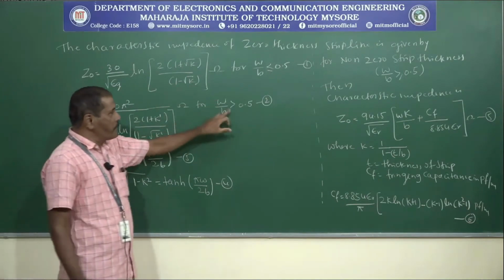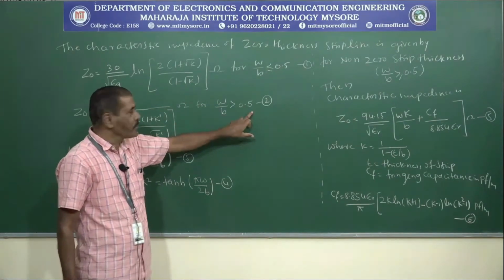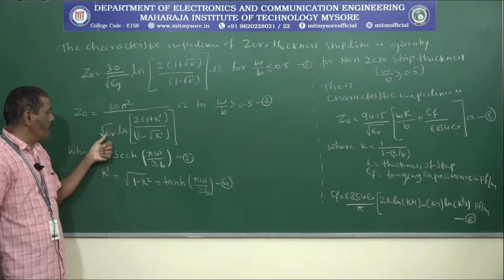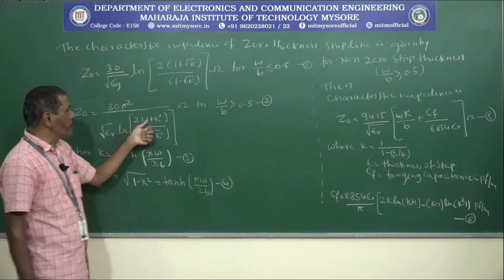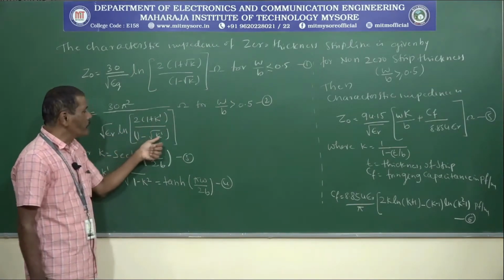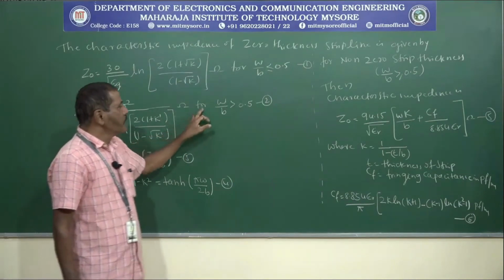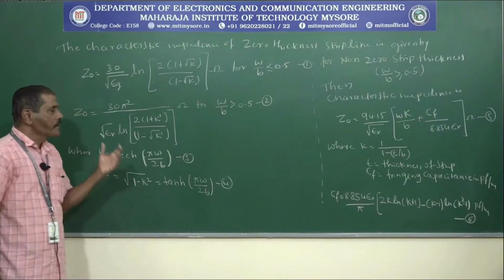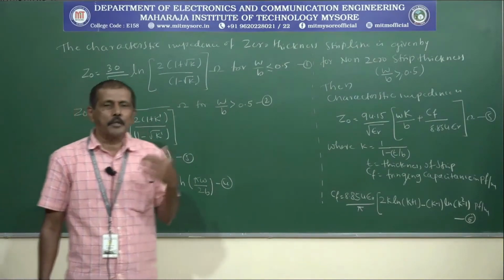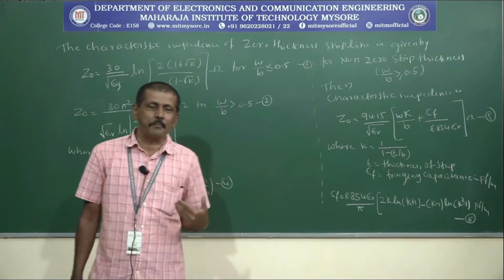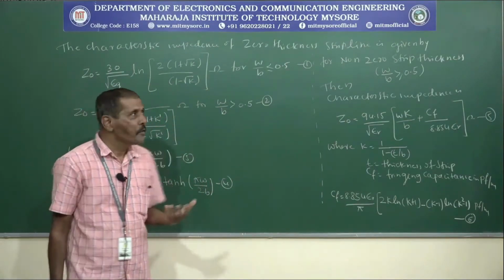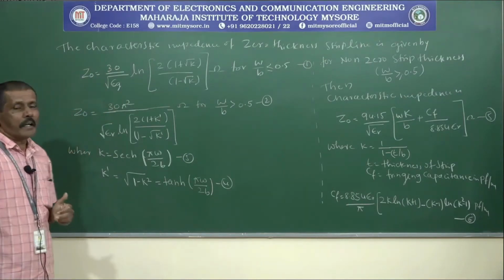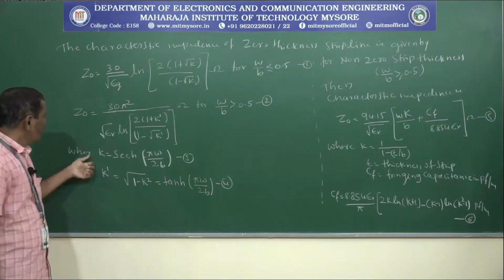Similarly, if W by B is greater than 0.5, then the characteristic impedance is equal to 30 pi square divided by root of epsilon_r or ln of 2 into (1 plus k dash) divided by (1 minus root of k dash), for W by B greater than 0.5. This means that depending upon the ratio W by B, whether it is less than 0.5 or greater than 0.5, we use either this equation or this equation to calculate the characteristic impedance, where